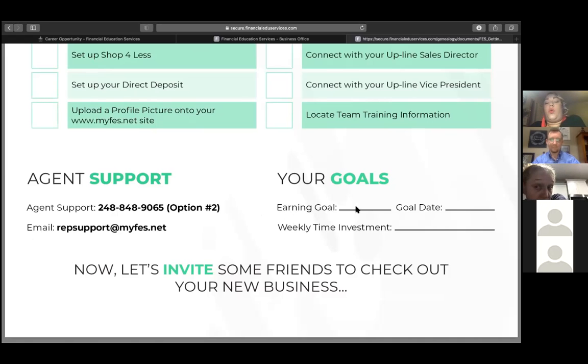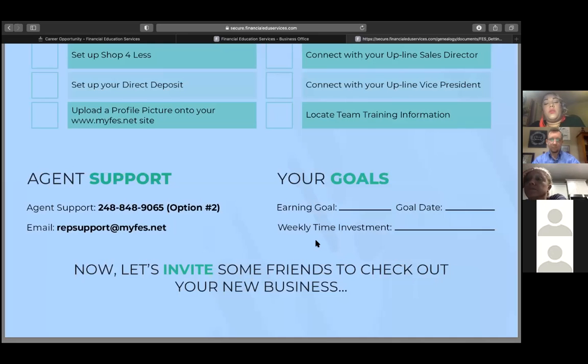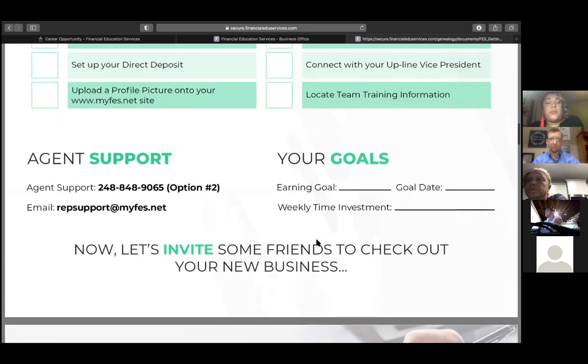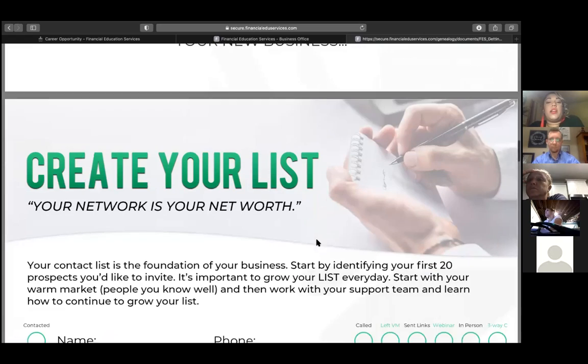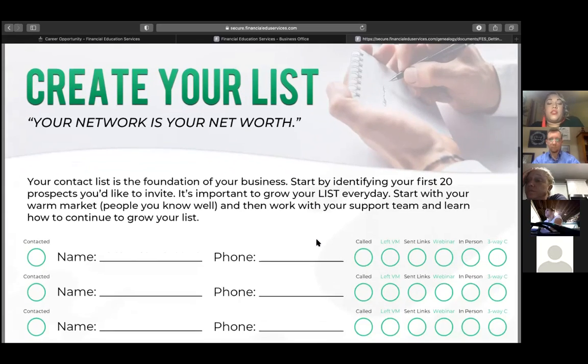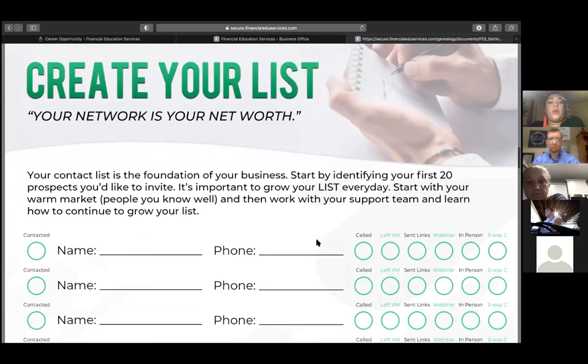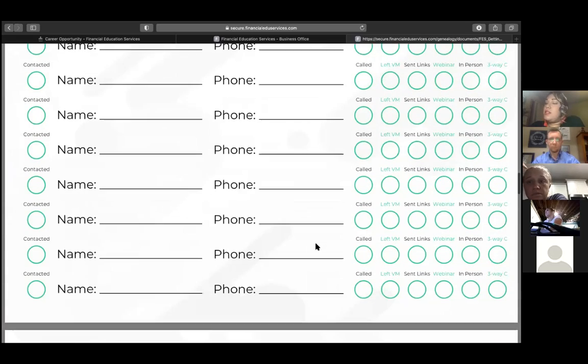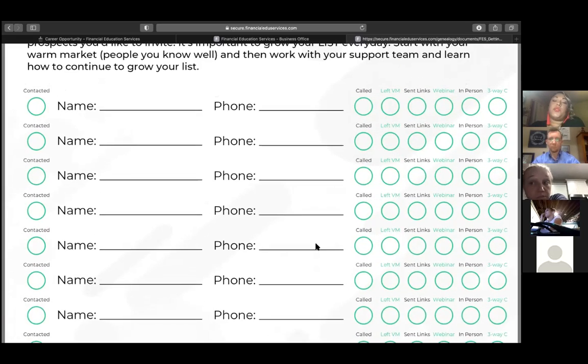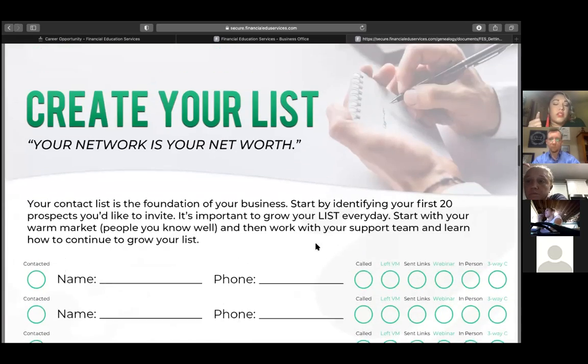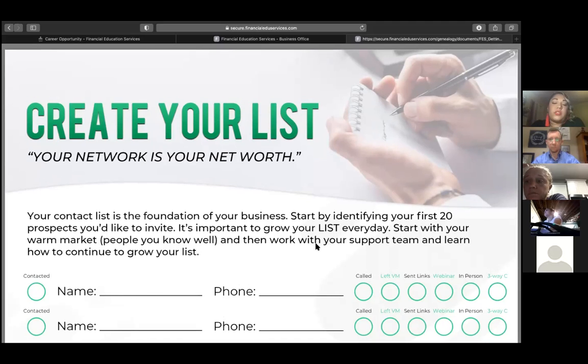What is your earning goal? What is your goal date? What is your weekly time investment, right? What is it that you want to give, or how much time is it that you want to give, right? Then we want you to create your list. I say this list isn't big enough. Make a list of 200 people that you may know want credit restoration or may be interested in the agent